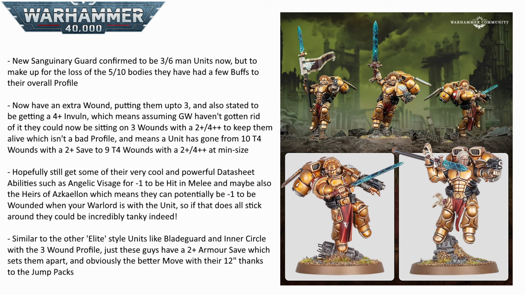totally awful and means that a minimum size unit now has 9 wounds compared to the 10 wounds they currently have. But when you factor in that new 4-up Invuln, that does arguably make them a bit more durable, I think. It essentially makes them Blade Guard veterans with a slightly better armor save. Again, assuming GW doesn't decide to nerf them by dropping them down to a 3-up, which I really hope they don't do. They don't imply that in the article from today, but let's be honest, you never know with